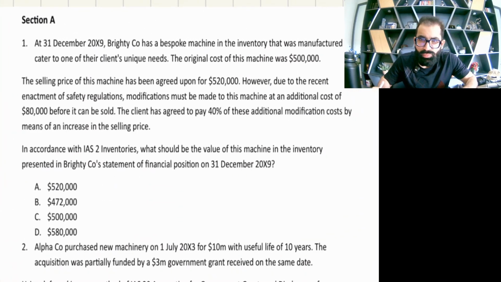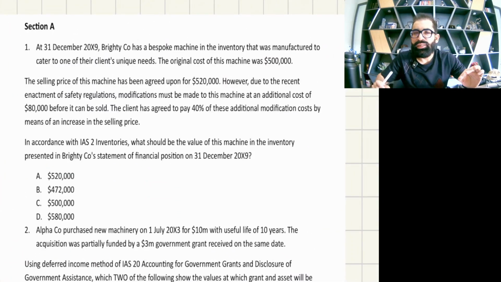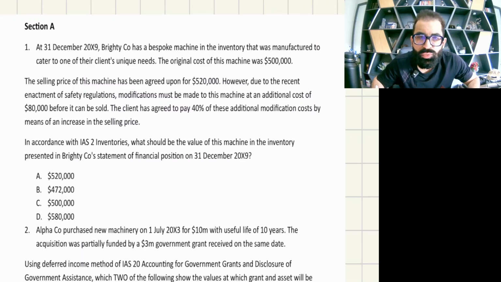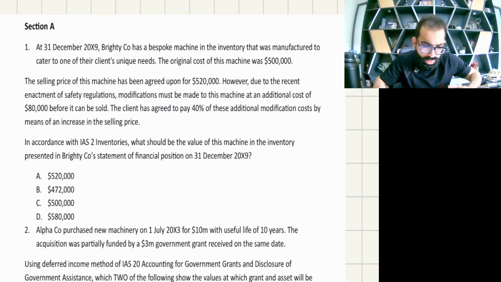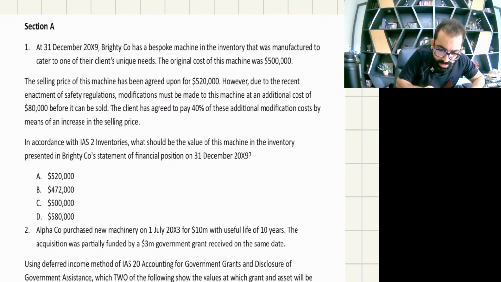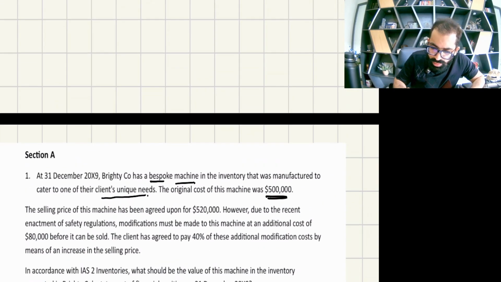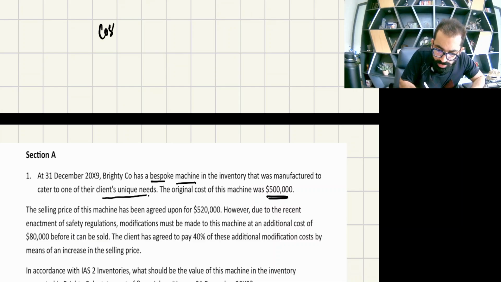The question number one is basically IAS 2 Inventories, and you know the famous rule: inventory should be recorded at lower of cost or NRV. At 31st December X9, Brighty company has a bespoke machine, a special machine, in the inventory that was manufactured to cater to one of their clients' unique needs. The original cost is 500,000. First thing, you will keep cost at one place. Cost is